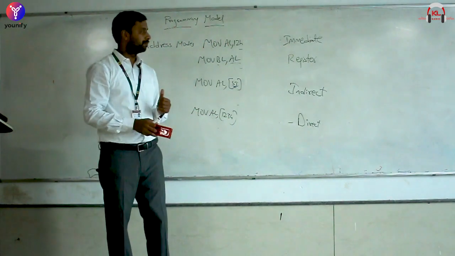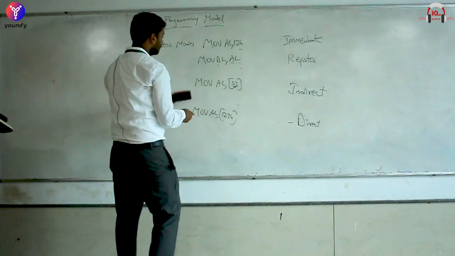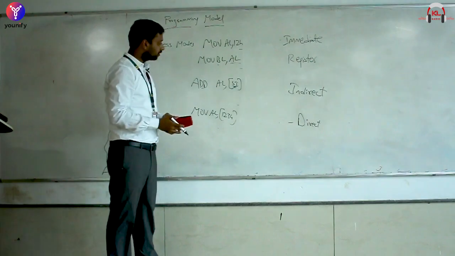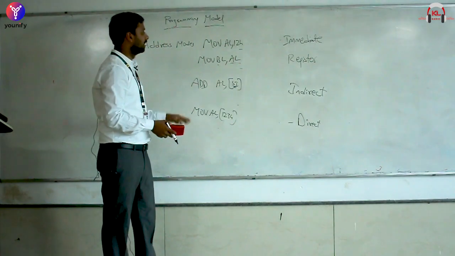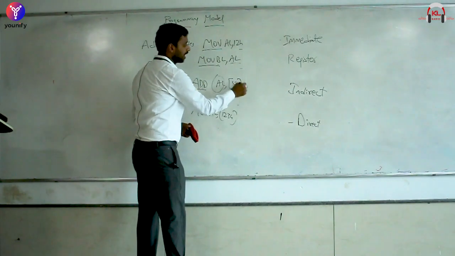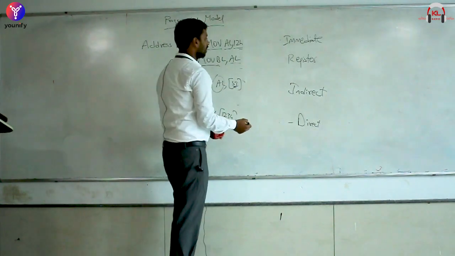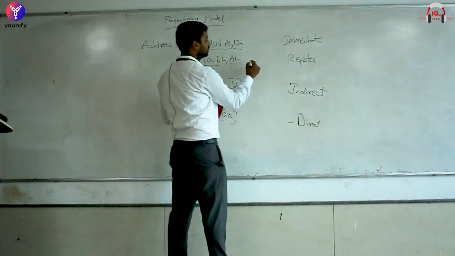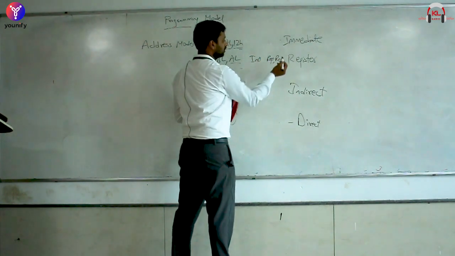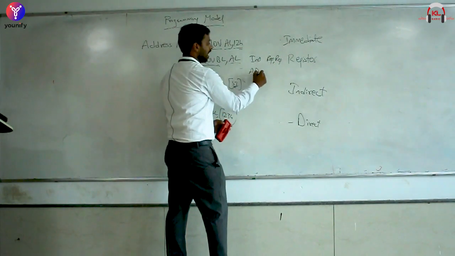So if we go pretty much into detail, how can I classify them by just looking at a set of instructions? Is it just about MOV? Can't it be ADD? Even if it is ADD, it still becomes an indirect addressing mode. So addressing mode is not related to the instruction. It is about how you access your data. That means one operand will be a register, one operand will be an immediate value. And the syntax for register addressing mode is instruction register, register. Examples of register addressing: MOV BL, AL, ADD AX, BX,